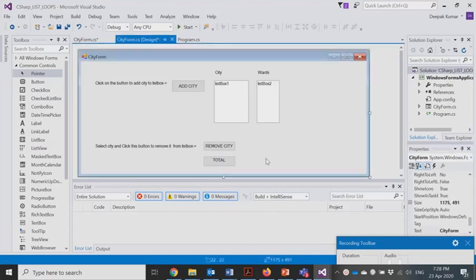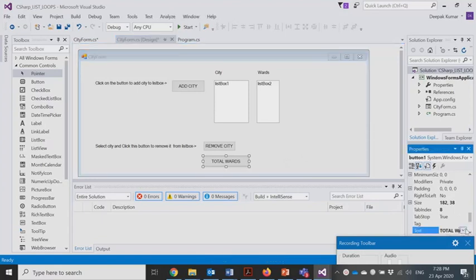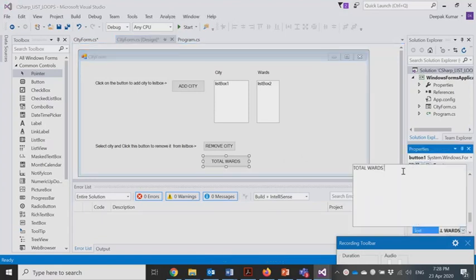So this button over here we are using to display a total of wards that we have in our system. I normally like to display it just to indicate, although it's not a very professional or standard style of showing your buttons.